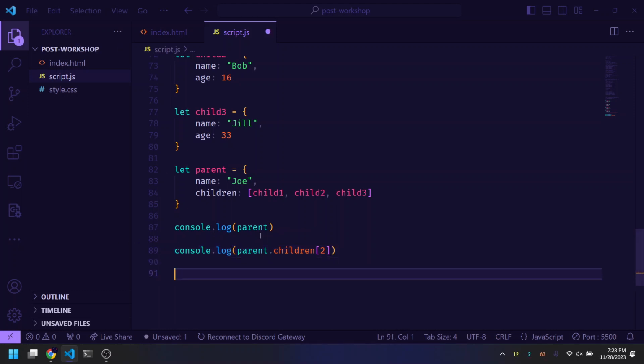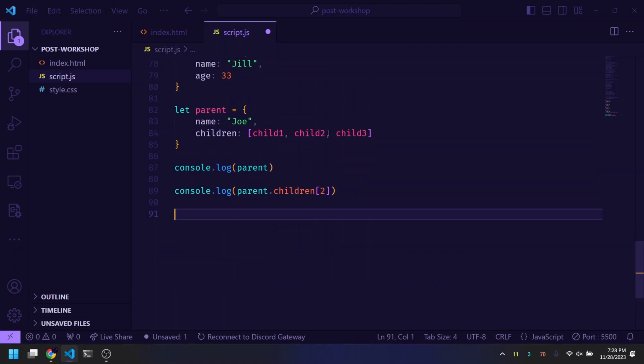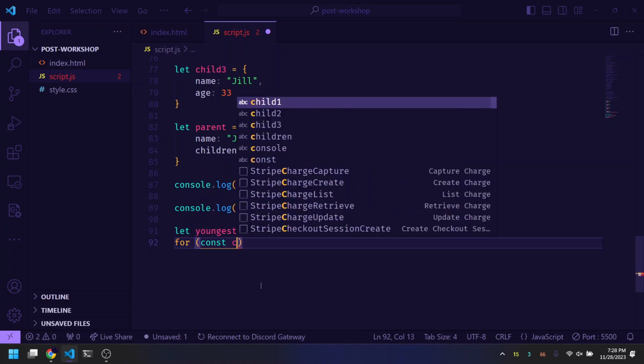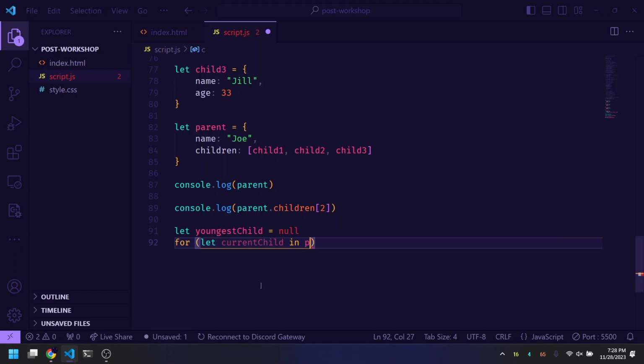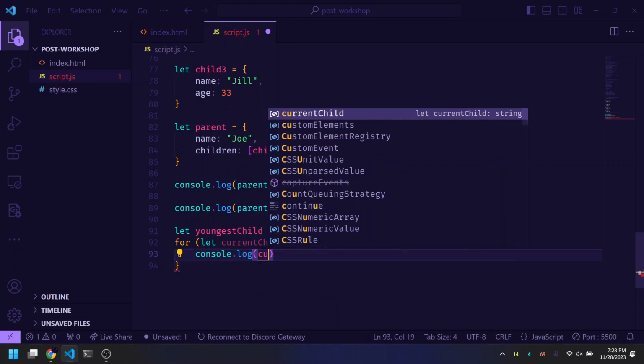Next, we're going to try and find the youngest child given our parent object. The first thing we've got to do is find a youngest child. So this is kind of like a basic algorithm. For const, or let, current child in parent.children. So we're iterating over parent.children, and our iterator variable is current child. So if I log current child,